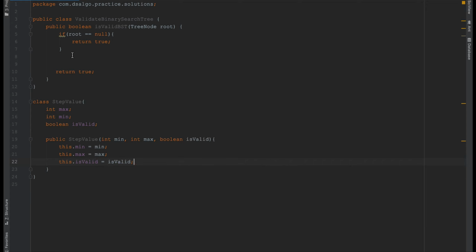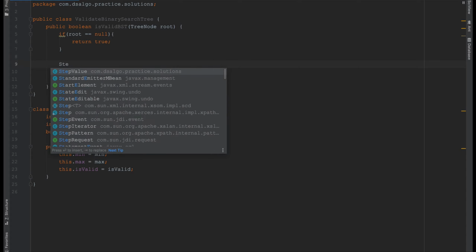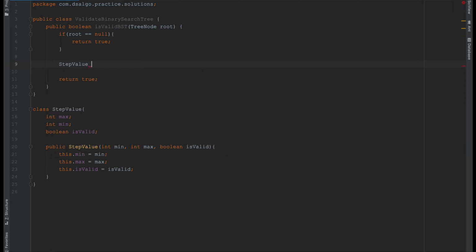Now let me create a helper method and I will explain the purpose of this helper method while writing the code. I will write a helper method which returns a value of type StepValue. This helper method will keep track of each and every step in the recursion process.